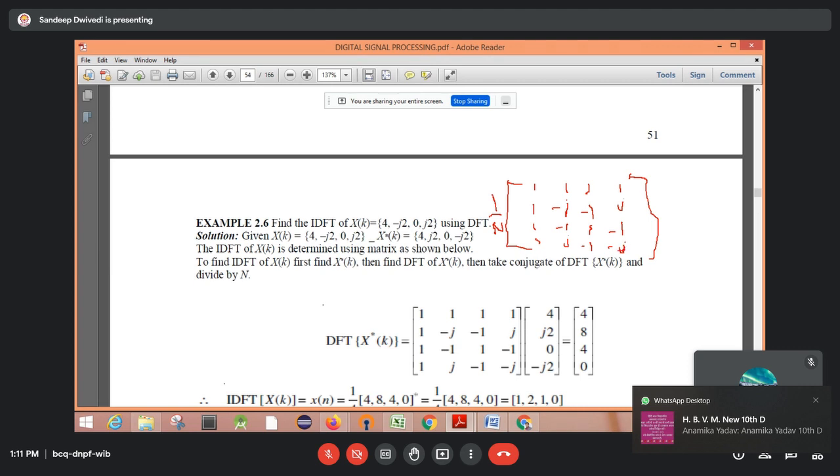Okay, if you remember this one, W star, how can you find it? This is j. To find the IDFT, here also there is j, and whatever its sign is, you have to change it. So this will be minus. Then all these are the real values, these are all 1.